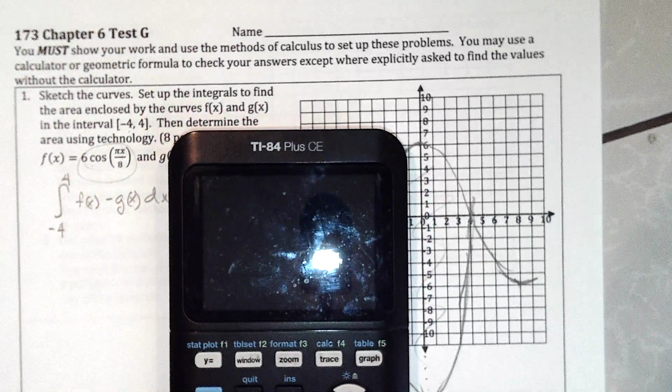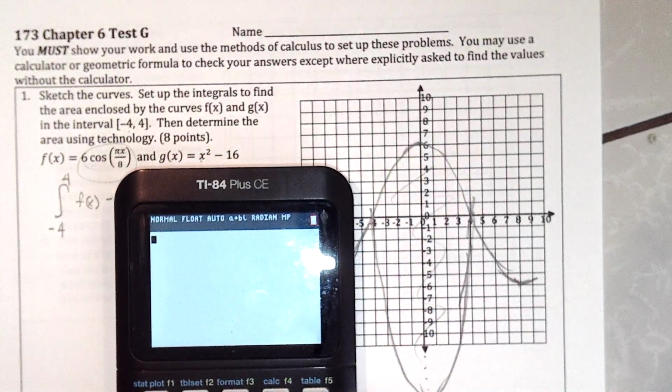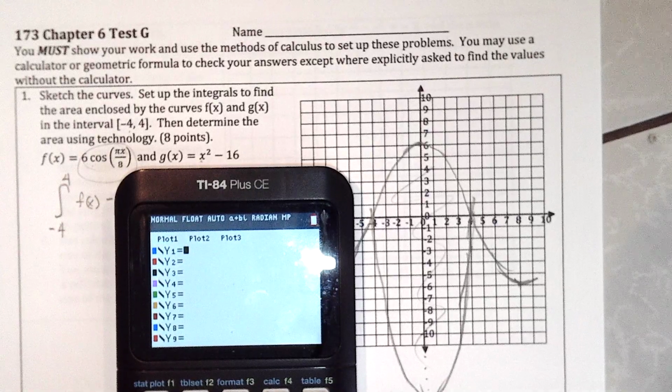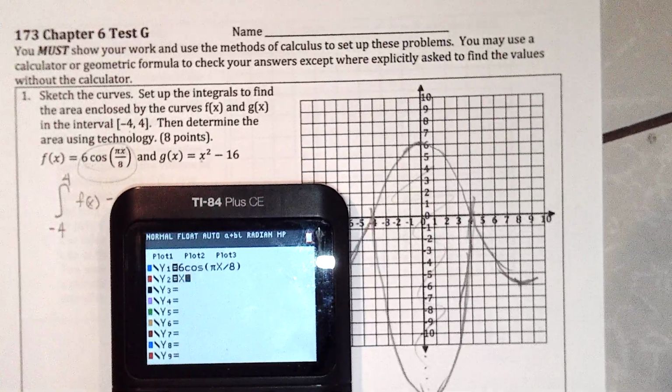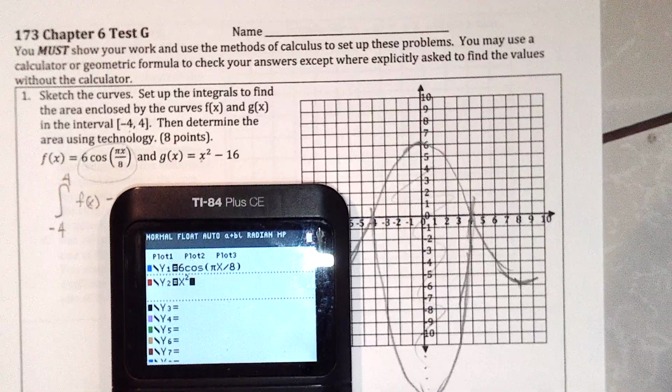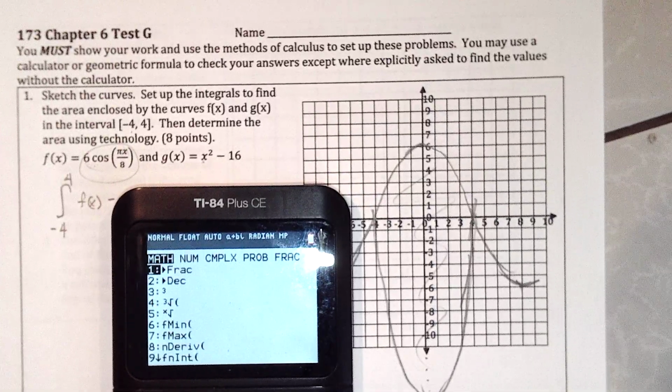So to type that in on my calculator, I'd go to the y equals, type in 6 cosine pi x divided by 8 in y1. In y2, I'm going to do x squared minus 16. And I'm going to quit, and I'm going to go math